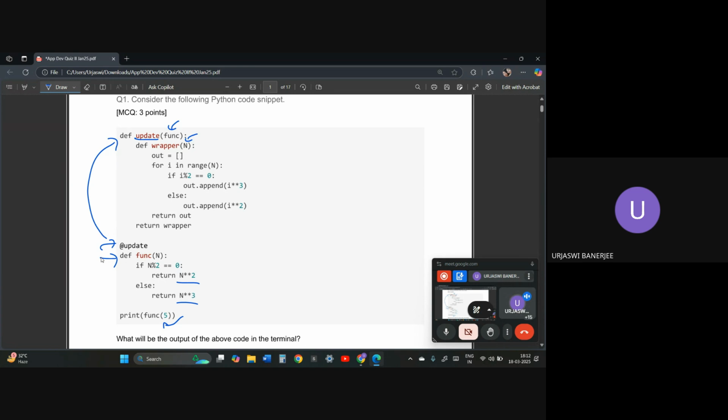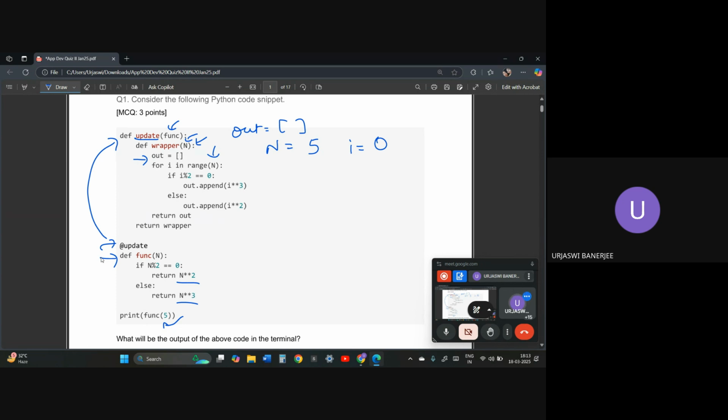Now we are creating an empty list, so output over here is an empty list. Now we are doing for i in range n. What is n over here? n is equal to 5. We passed n equals 5 in the wrapper. So now we will check for i in range n. What is the value of i right now? i is equal to 0 for now. This is the first iteration.